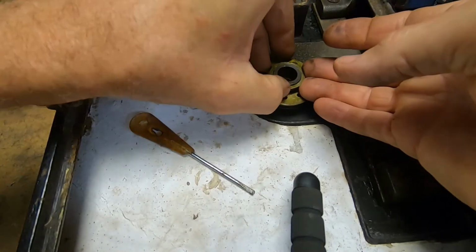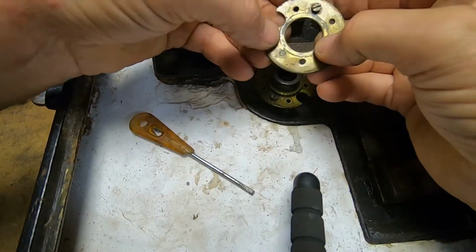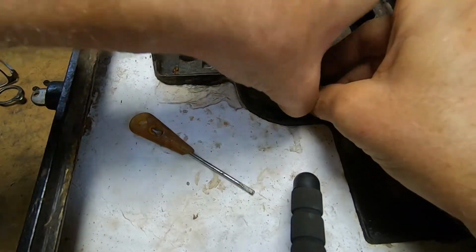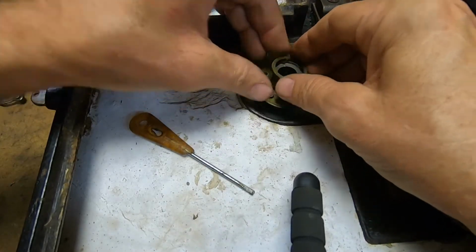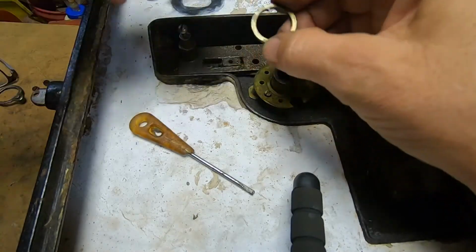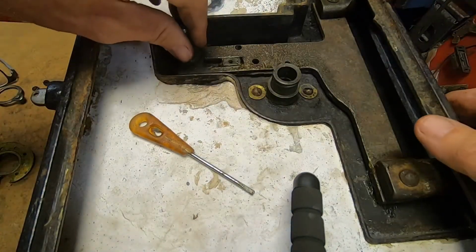And got a spacer. Brass spacer in there. All this stuff has some kind of sticky lubricant on it that's making everything kind of drag, if you will. So I'm definitely going to want to clean all this up and coat it with something that's not going to get hard. Both of these spacers have a little notch in them that goes into the shaft. That's to help prevent the friction from dragging the wheels. And that's the last one there. Take that off. Then I should be able to